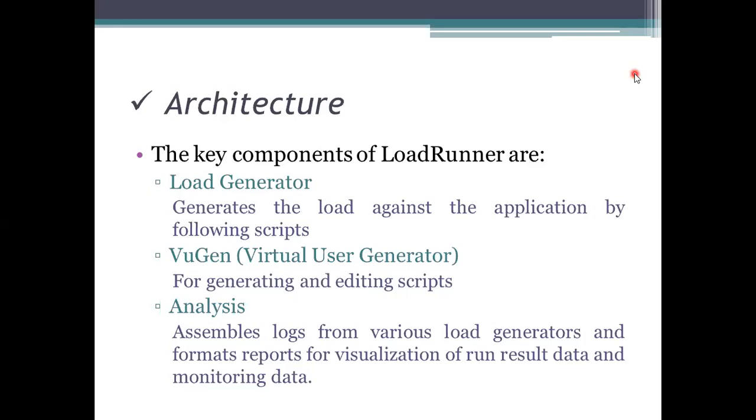We use generators for providing the load against the application, and the user generators are VUGen, the virtual user generators. Virtual users connect to that app, and we need to create test scripts for each and every person.